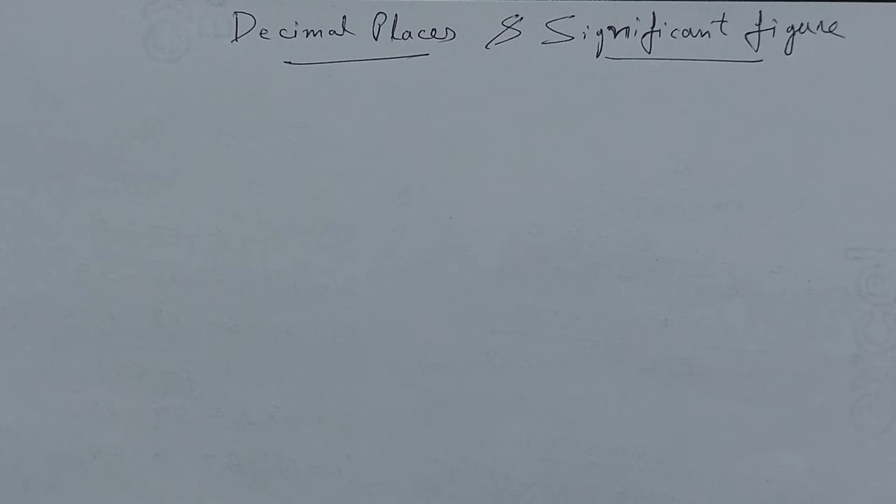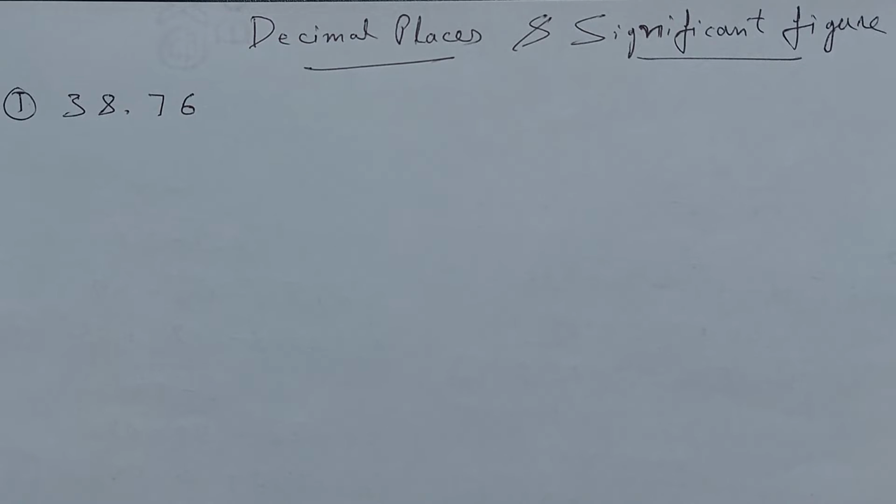the very first number. Exactly the same logic, but for decimal places the word says after the decimal point, while significant figures start from the very first number. If the zero is the first number, you ignore it and start from the second number. But normally, it'll start from the first number. Let's start work now. The first question is